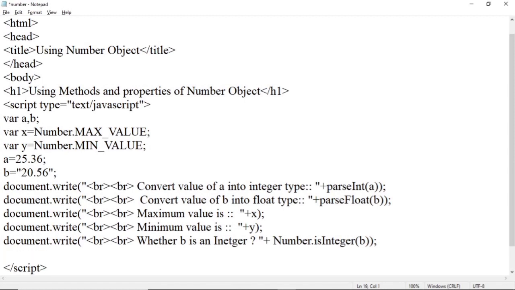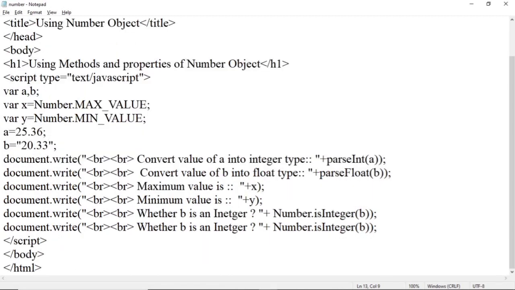Now to check whether a specified string is a number or not, here we have to make a change. We have to use is not a number, that is isNaN. So here we have to use isNaN. Which value is to be checked?